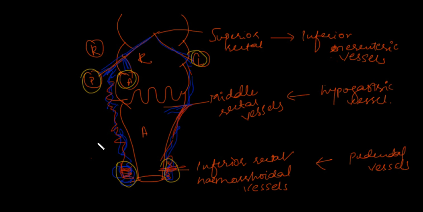So you have to keep in mind this basic theme that we often miss: internal hemorrhoids and external hemorrhoids are separate. Both are of the same entity, but they are not the same. The internal hemorrhoids are dilated anal cushions, and external hemorrhoids are the dilation of just the inferior hemorrhoidal plexus. And the second thing to remember is that